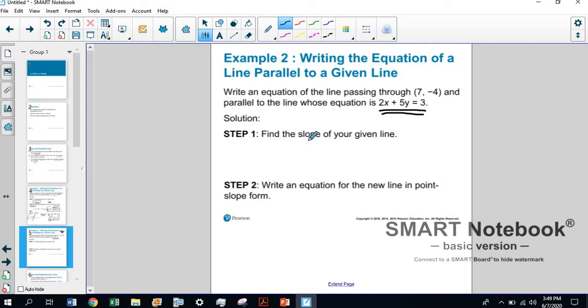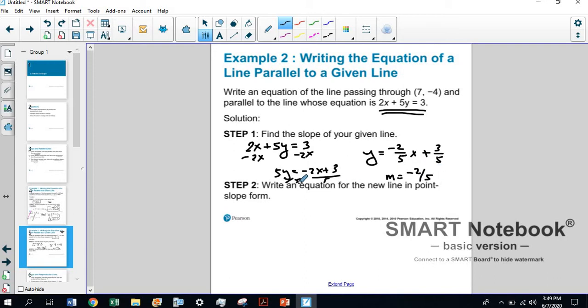Okay? So the new thing here is we've got to solve this first equation for y in order to find the slope. So we're going to subtract 2x from both sides. We get 5y = -2x + 3. And then we divide everything by 5. And so we get y = -2/5 x + 3/5. So the slope of our given line is -2/5, which means our new line also has a slope of -2/5 because it's parallel